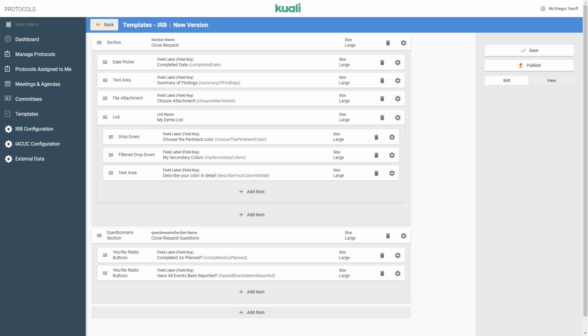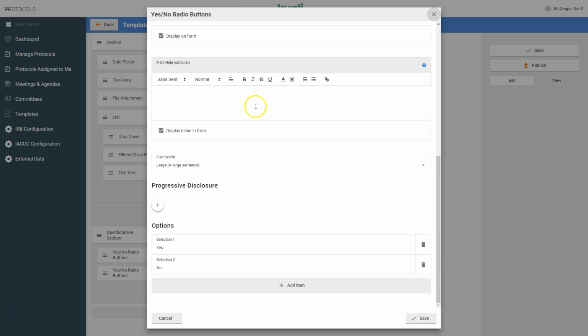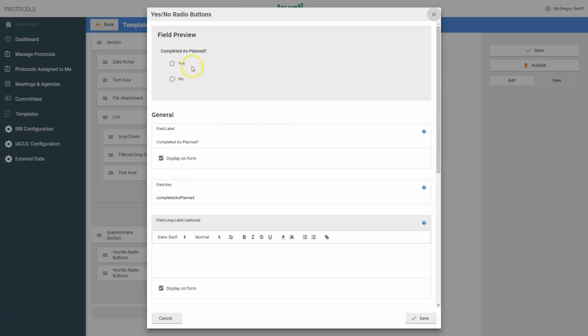Hello, today I'm going to demonstrate how to build out progressive display in the Kuali Form Designer system. So I'm in a close request form, and if we look down here, we have this completed as planned question. If we open this up and look at our question, completed as planned, question mark, and our options are yes